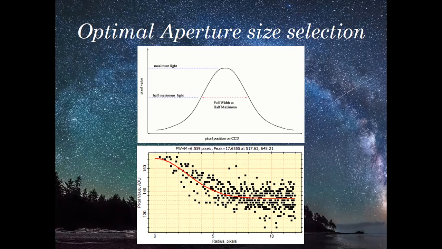That's why, in the sketch, this is a perfect Gaussian, but in reality you would get something represented in the bottommost figure. It is a contribution of the seeing as well as the exponential drop due to diffraction as well as the inverse square law, which is mostly followed at the wing, the part where the object basically ends and you merge with the sky. So that is not properly Gaussian, but you can use the concept of FWHM to optimally select your aperture size. Next slide.